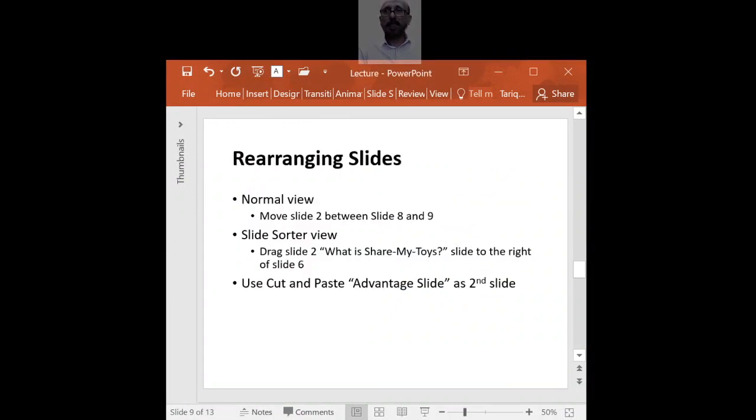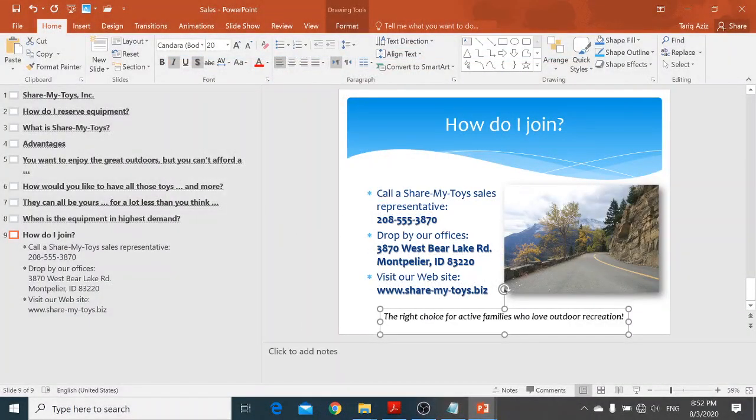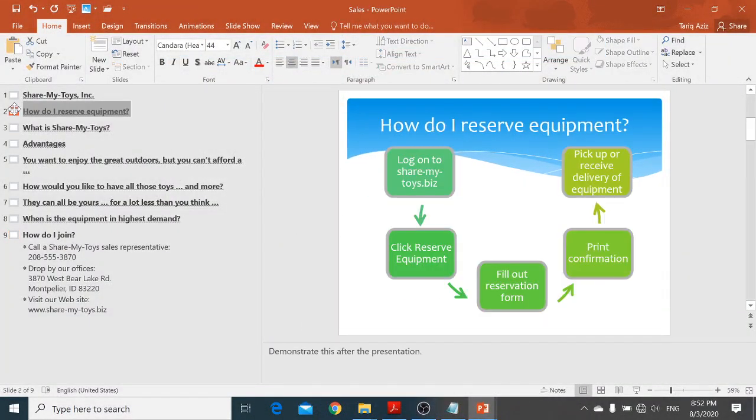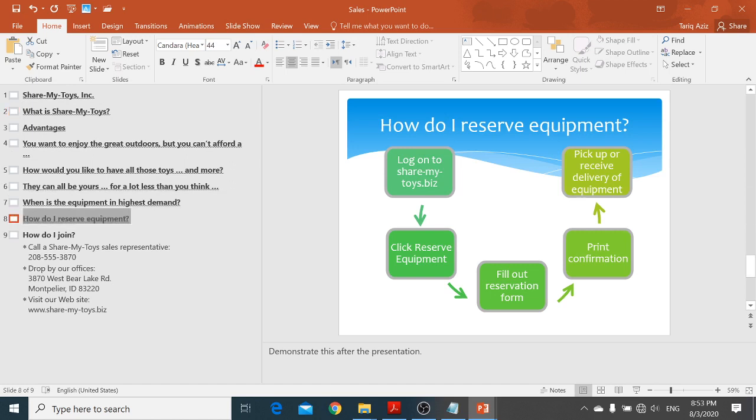Rearranging the slide. So I can move my slide number 2 between 8 and 9. So let's go back and see. So slide number 2. You see here, I can click the slide and I can drag. You see that? You can see the thin line between 8 and 9. There you go. It comes up here. This is one way. Another way is